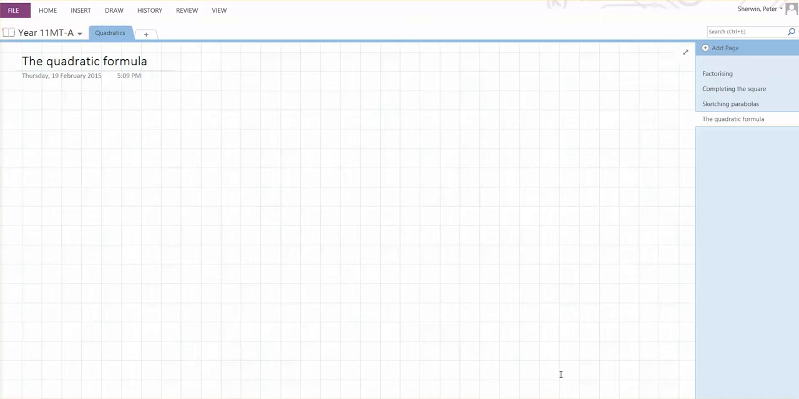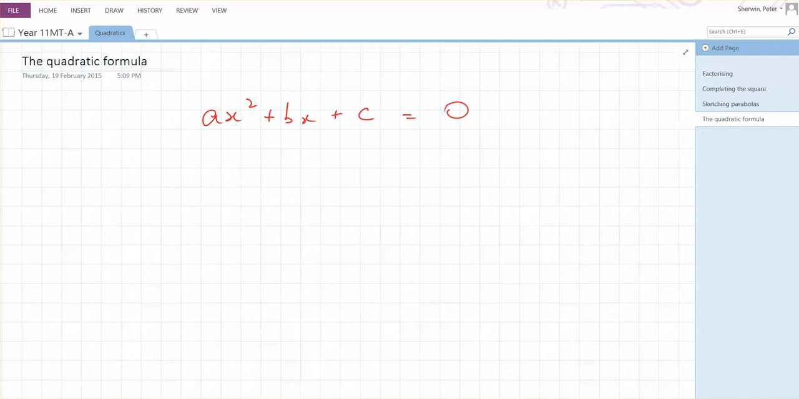Okay, in this section we're going to look at the quadratic formula and how it helps us to solve quadratic equations, particularly when we are unable to factorise. So if we have a look at the general form of a quadratic, that is ax squared plus bx plus c is equal to 0,